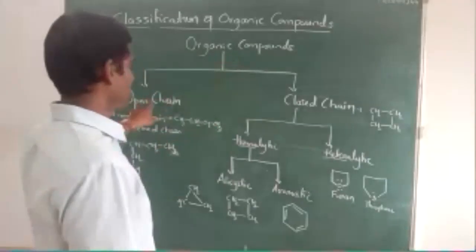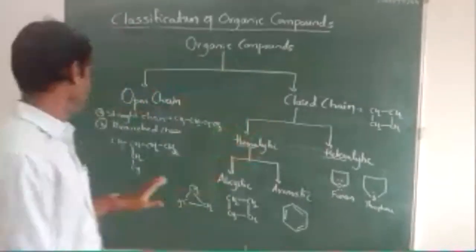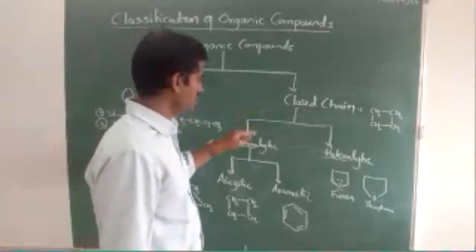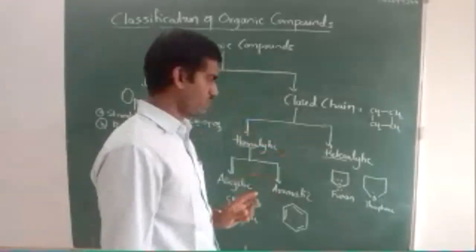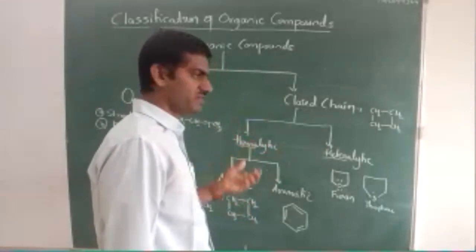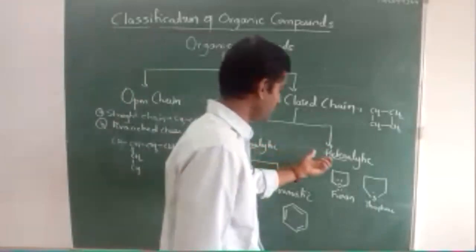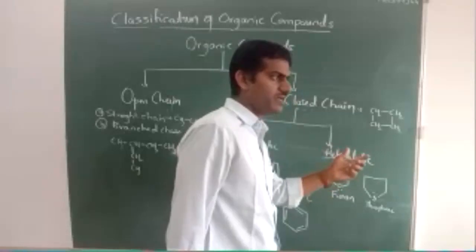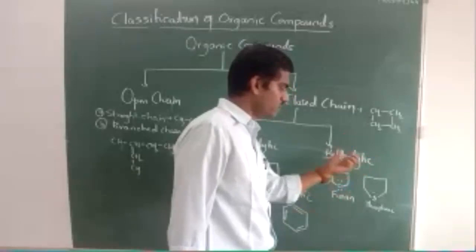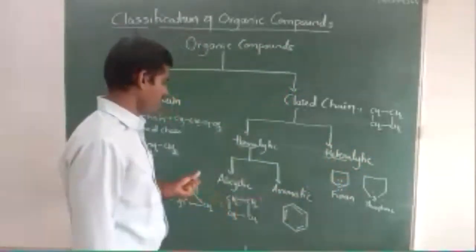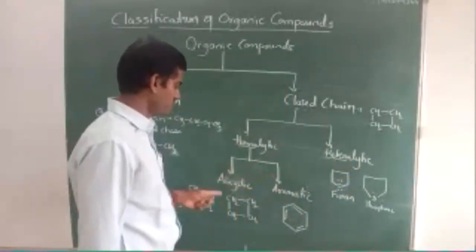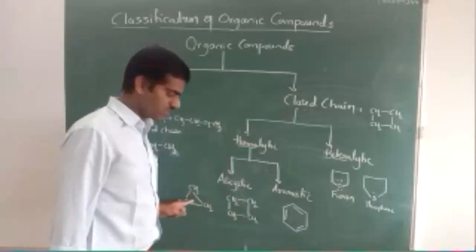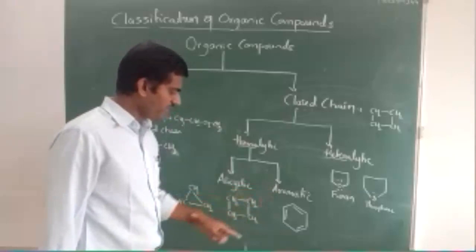Second, I am saying organic compounds are classified into open chain and closed chain. Open chain are straight chain as well as branched chain. Closed chain have homolytic as well as heterolytic. Homolytic means they have the same carbon atoms. Heterolytic, the term itself is telling: hetero means different. So if any element other than carbon is present, we call it heterolytic. Then alicyclic as well as aromatic. For alicyclic I gave one or two examples: CH2, CH2, CH2. This one is cyclopropane, cyclobutane. Aromatic,